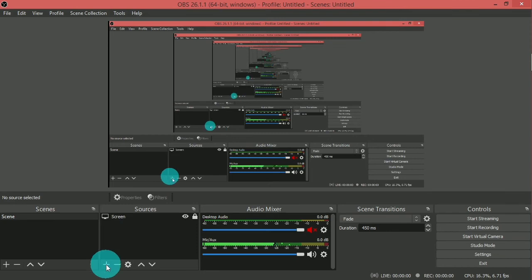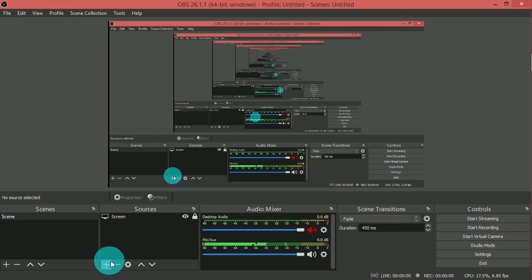And let's learn about a few more features. The next feature is audio mixer. So in the audio mixer we can configure all our microphones and our desktop audio. I don't want to record my desktop audio, so here you can see that my desktop audio is muted. If you click on this icon again, my desktop audio is unmuted, and we can also control our desktop audio. So let me keep the desktop audio back into mute, and the next one is our microphone.